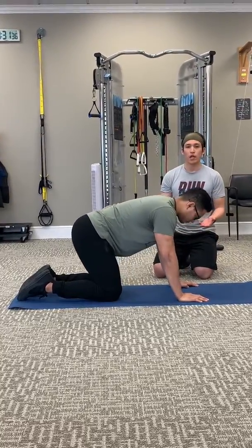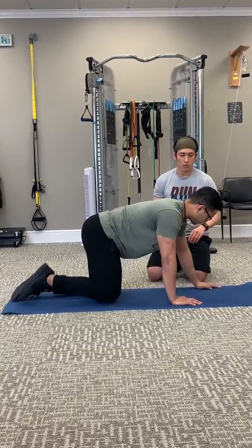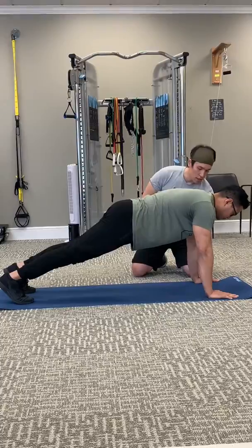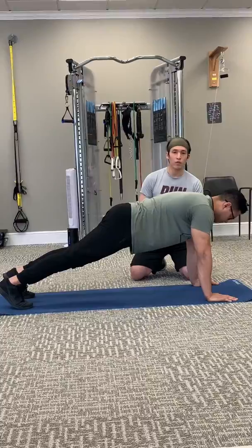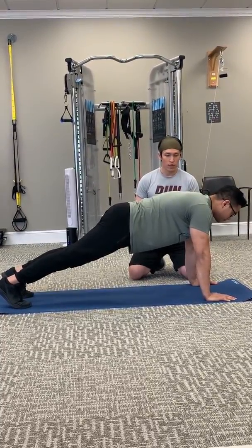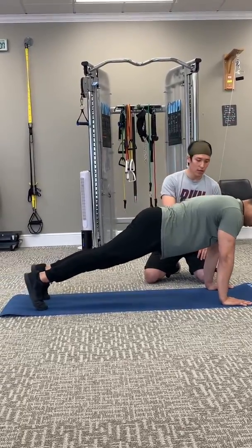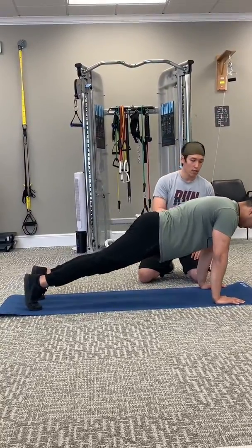If this position's okay, you can move on to the next progression, which would be a plank position here. So Brandon moves over into a plank position where he actually lifts his knees off the ground, is more on his toes, and again puts more weight into his wrists to make sure everything feels okay so he can get on to doing other plank core exercises or even doing push-up type activities here. But if it feels okay from here, a good plank or core exercise to do, he can rock his feet back and forth, again kind of shifting his weight over his hands and wrists and then back off, and see how that feels